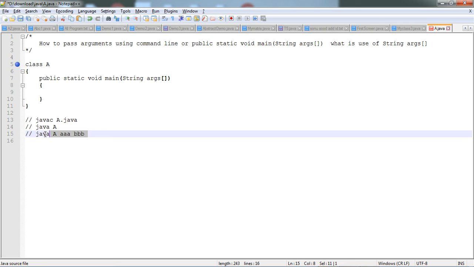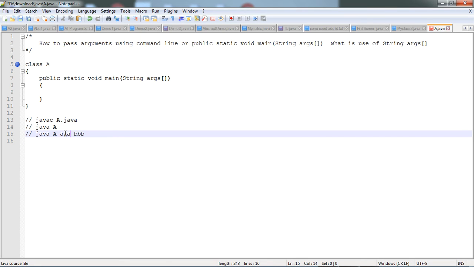This is a command line. So I pass two arguments. When we run our program with the java keyword, after the java keyword comes our class name, then a space, and then you write anything, like 10 or any string. Anything you write after the class name with a space is an argument. Here I pass two arguments.